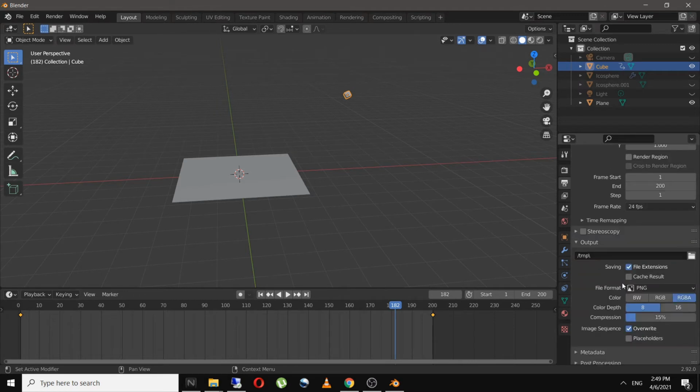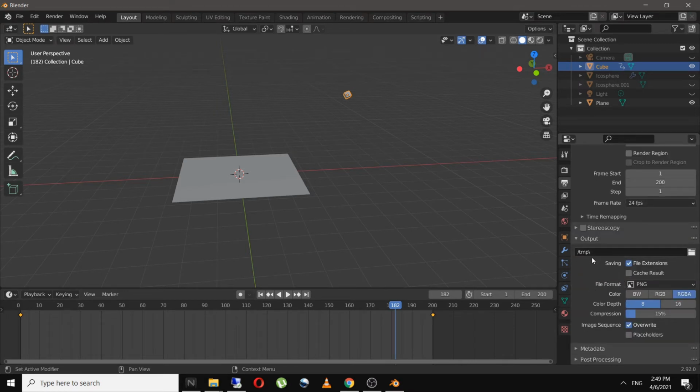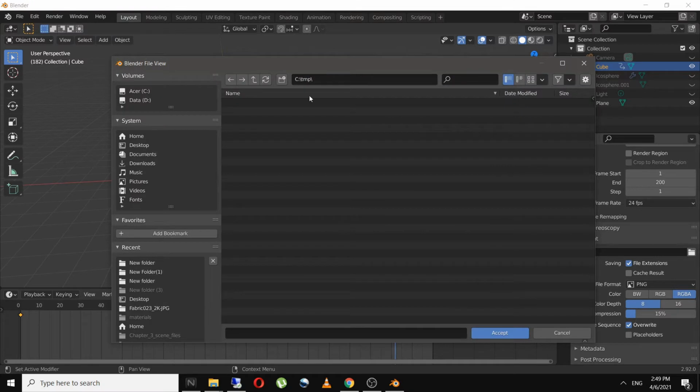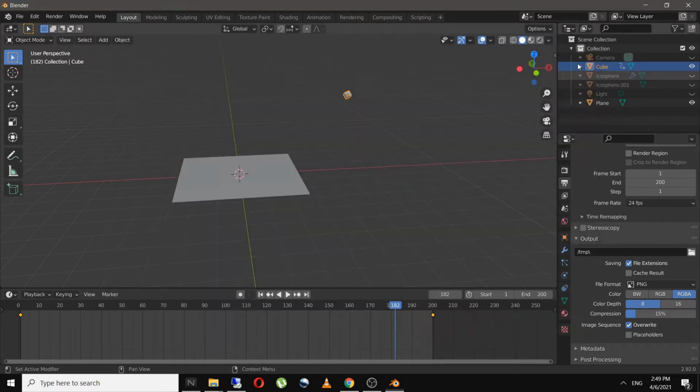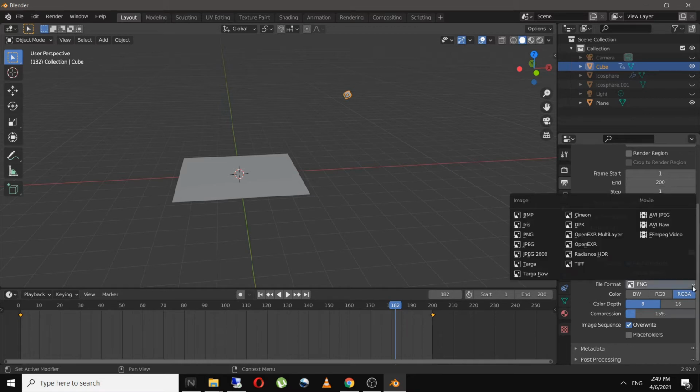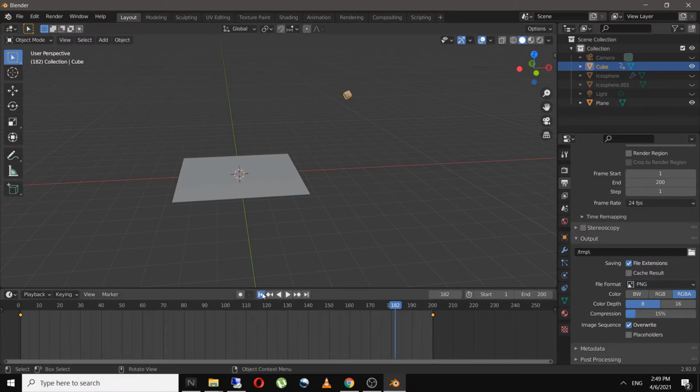And in output settings, you can select the output folder, and you can select the file format as FFmpeg video or PNG. I would recommend you to use the PNG format because, for example, if your Blender stucks in between of the process of rendering, you don't have to render your scene from beginning.